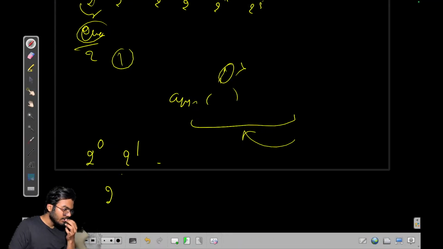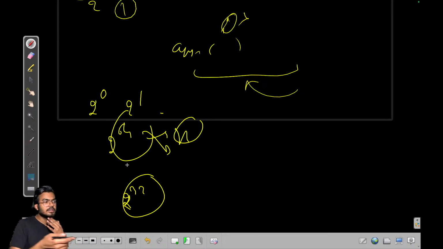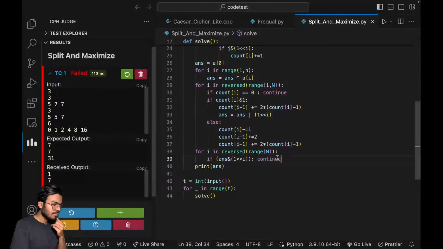Like, okay, if I have 2 to the power 0, 2 to the power 1, and so on. If I have 2 to the power 64 so many times, x number of times, and I don't have 2 to the power 32, I can get it from this, but I will have to check how much this guy can donate, right? 2 to the power 64 is equal to the difference. To make this, it will be a huge difference. If it is even greater than 1, then I can say that, okay, else